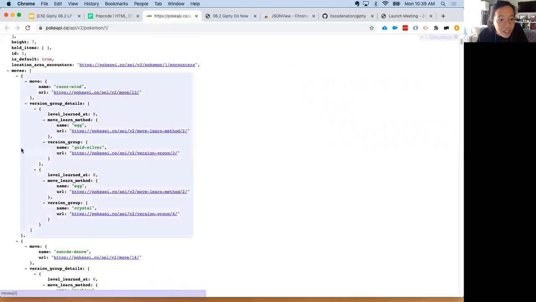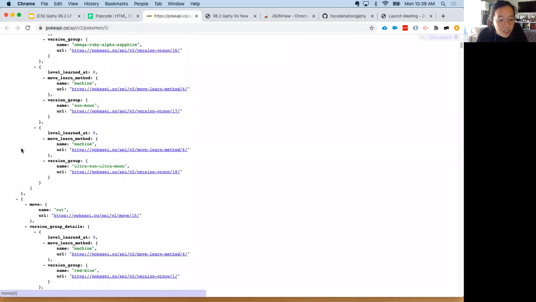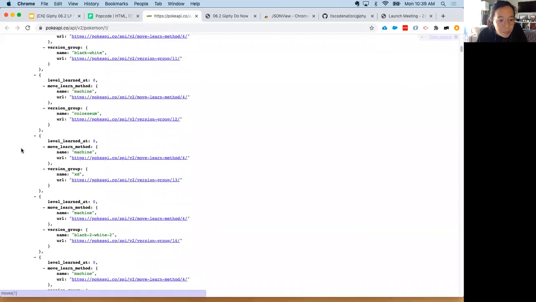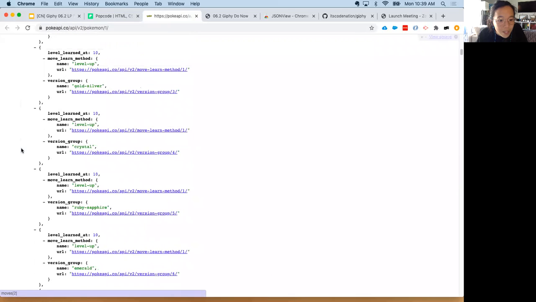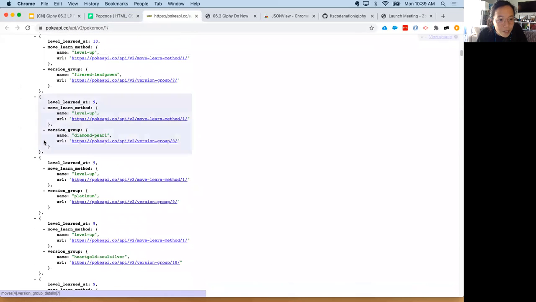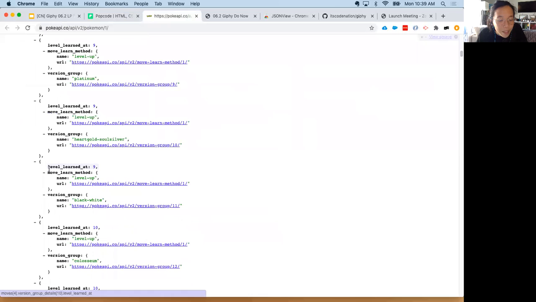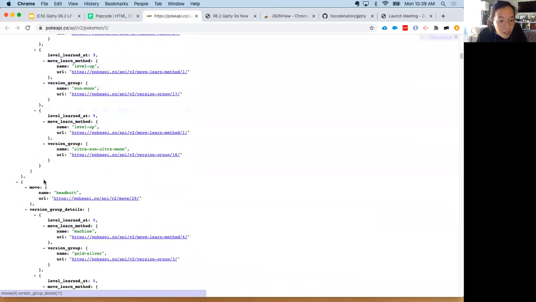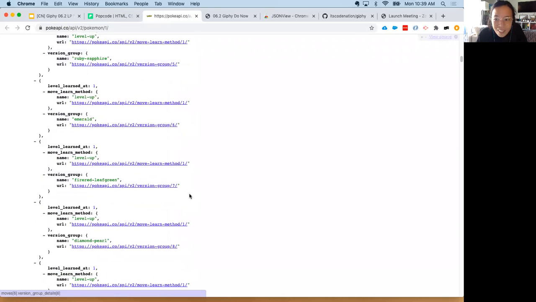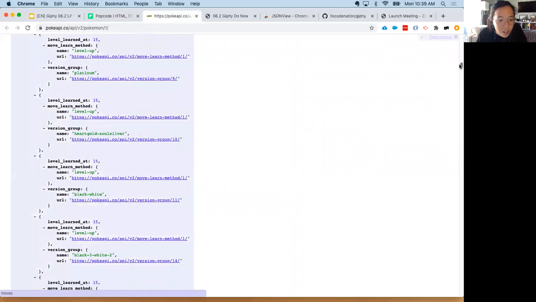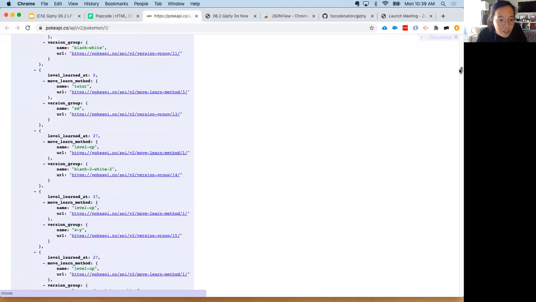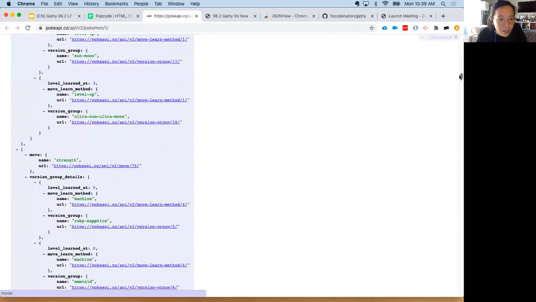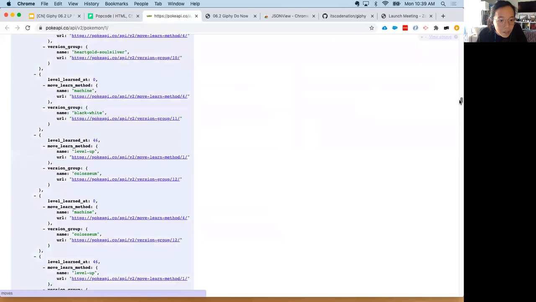I actually think that if you scroll down enough, you might be able to find it. So right now we are looking through various objects with its moves that it learns. So for example, headbutt is a move that it learns. Scroll all the way down. There is a lot of data to parse through here. I wonder if,